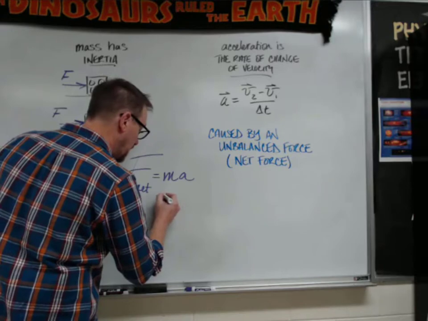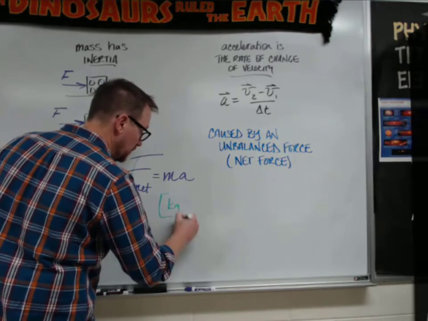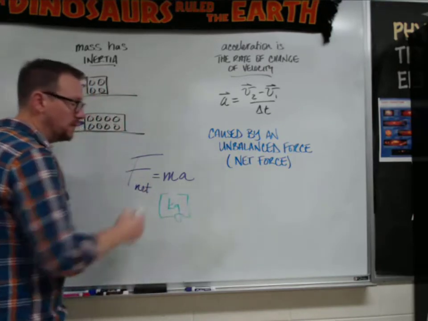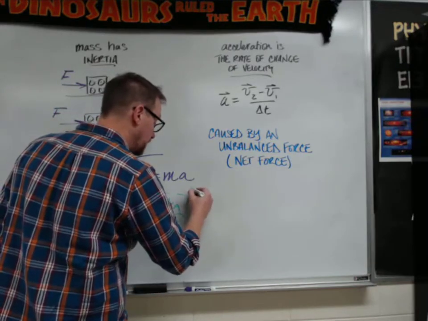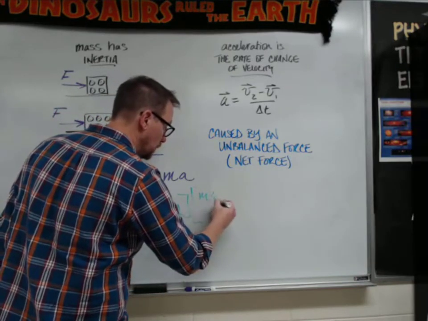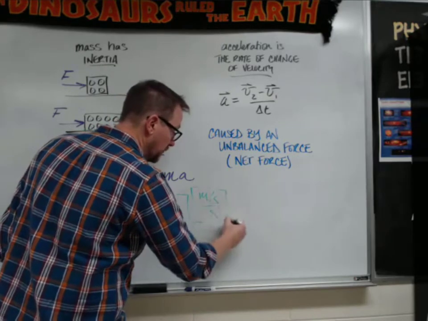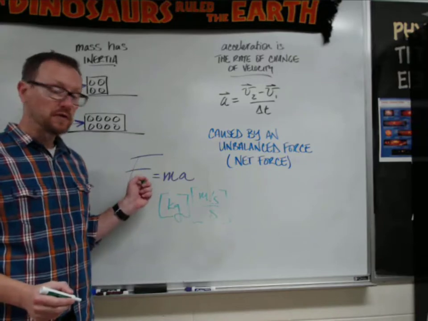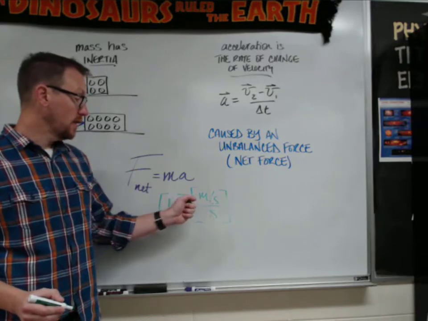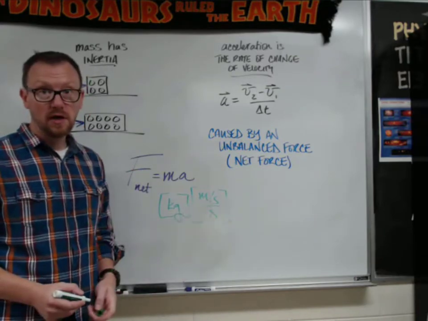So I'm going to go ahead and write that in the square brackets here, kilograms. And the units for acceleration we learned in the last unit are meters per second, or meters per second squared if you want. And so whatever our units for force are, they're going to have to be kilograms times meters per second squared,